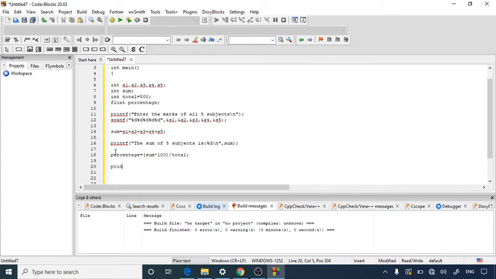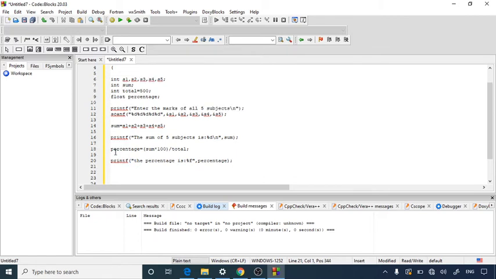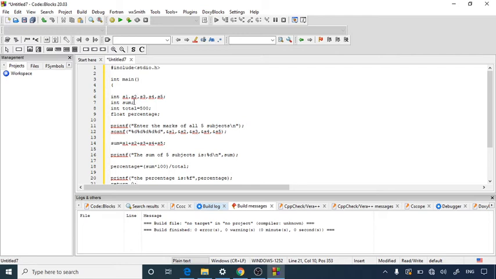Let's print the result of percentage also. printf("The percentage is %f", percentage), and then return the value. So here we have taken 5 subjects, and then we will use the sum and total variables and float for percentage, because percentage can be in decimal point.